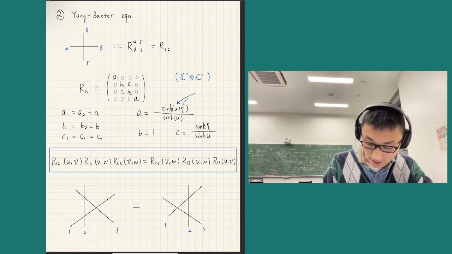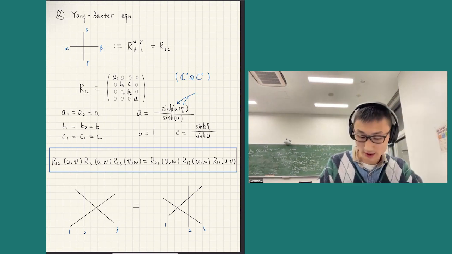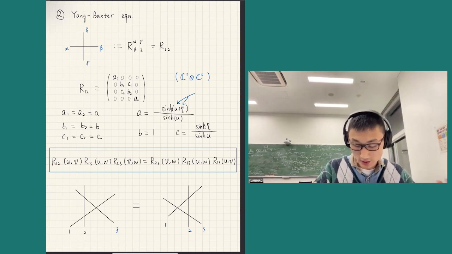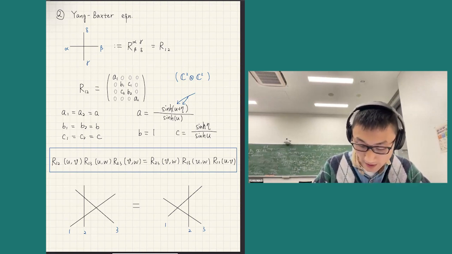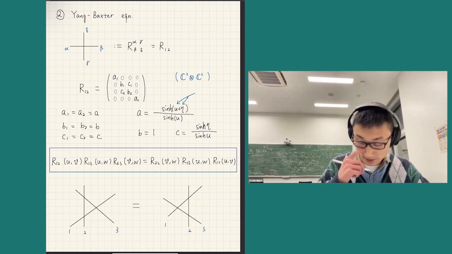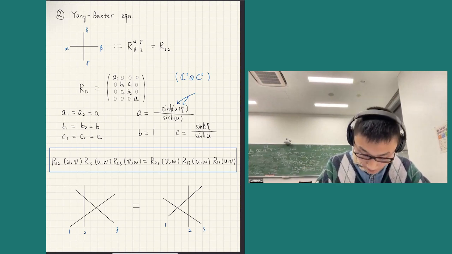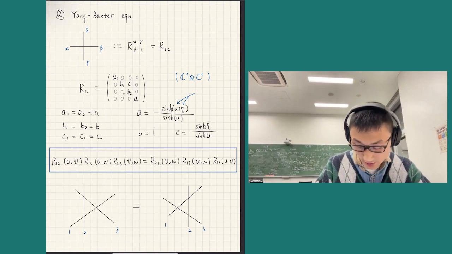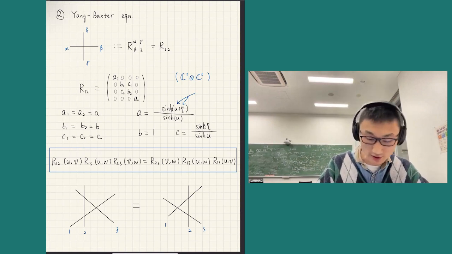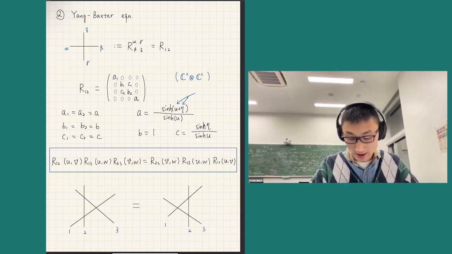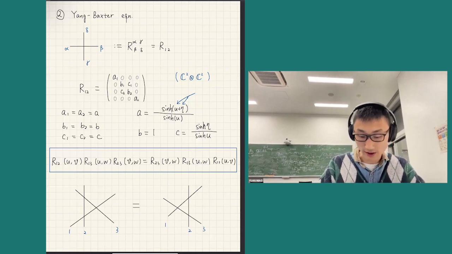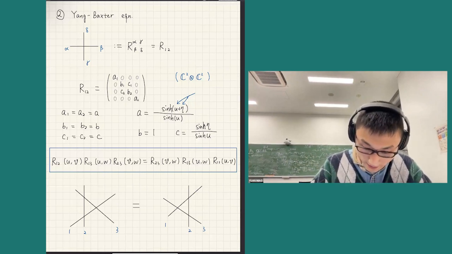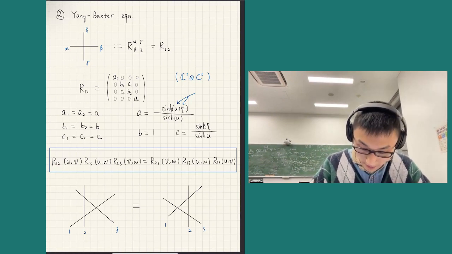And essentially, what I will show is that the physics only depends on the value of eta instead of both U and eta. And so this is my parameterization. So I'd like to choose this parameterization, and we can see how this R matrix will satisfy